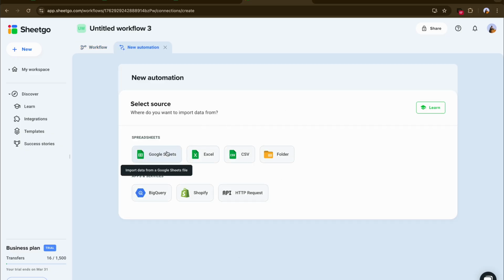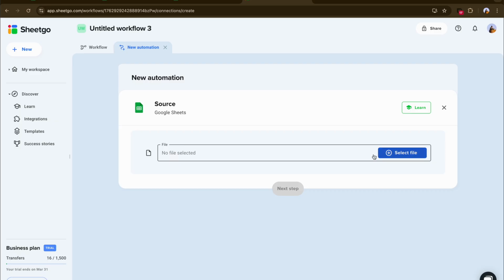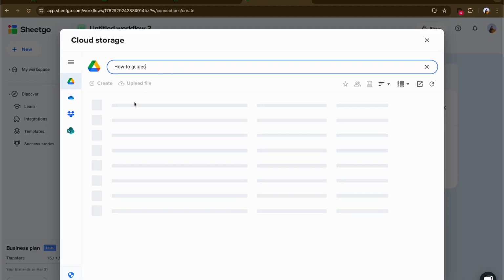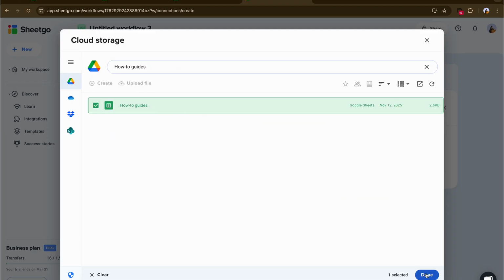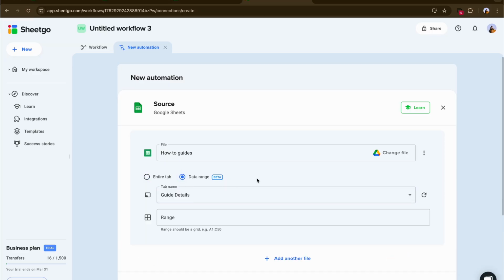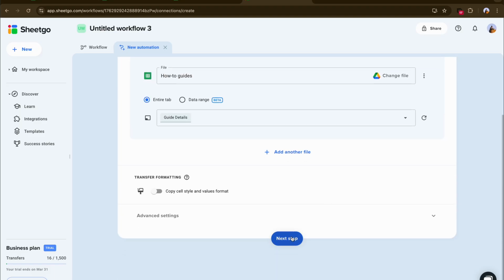Now the first step here would be to select your source, and that's going to be a Google Sheet for our particular video. I'm going to click on Google Sheets and click on select file, after which I'm going to be searching my how to guide spreadsheet and I'm going to click on done. Now here once again you can either import your entire tab, import a specific tab, or even import a specific range of data. For now I'm going to be selecting my entire tab